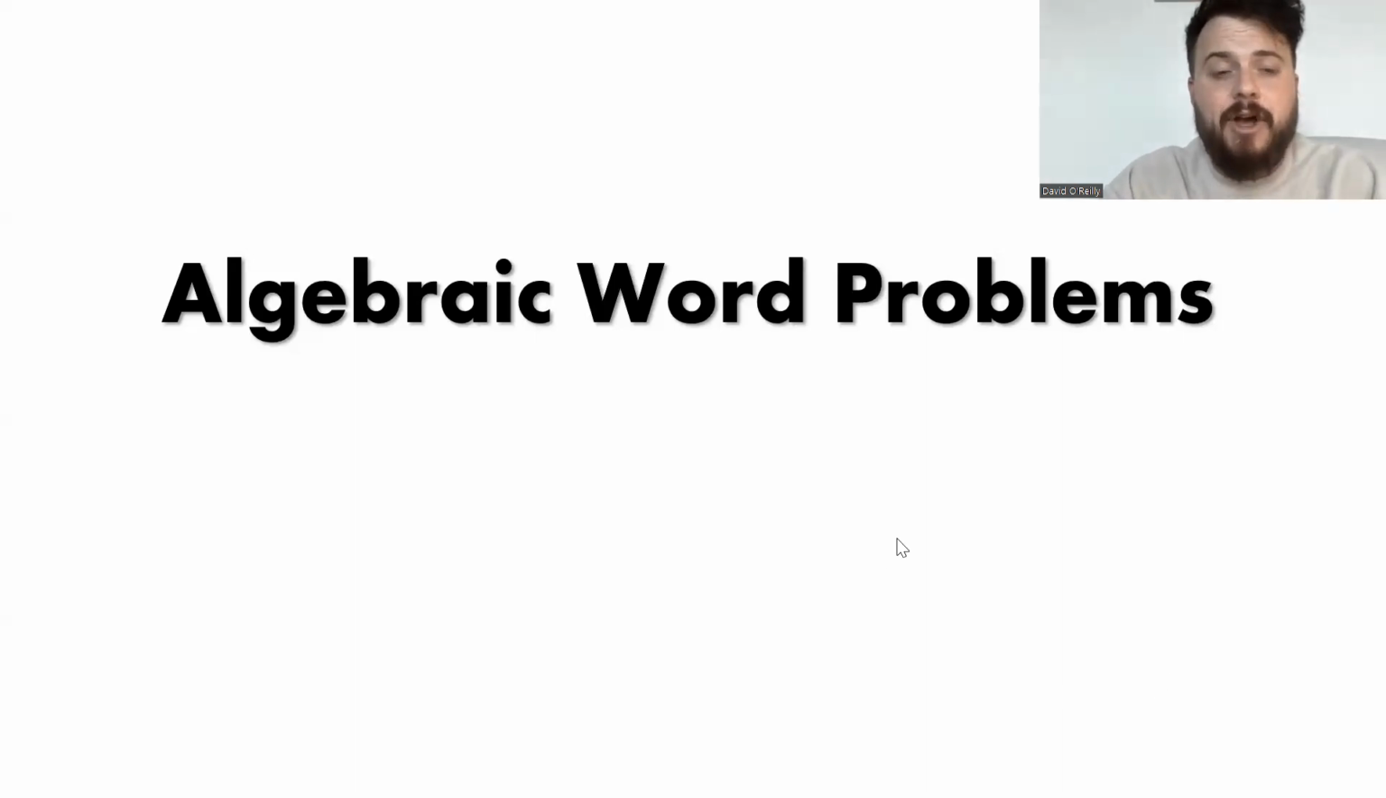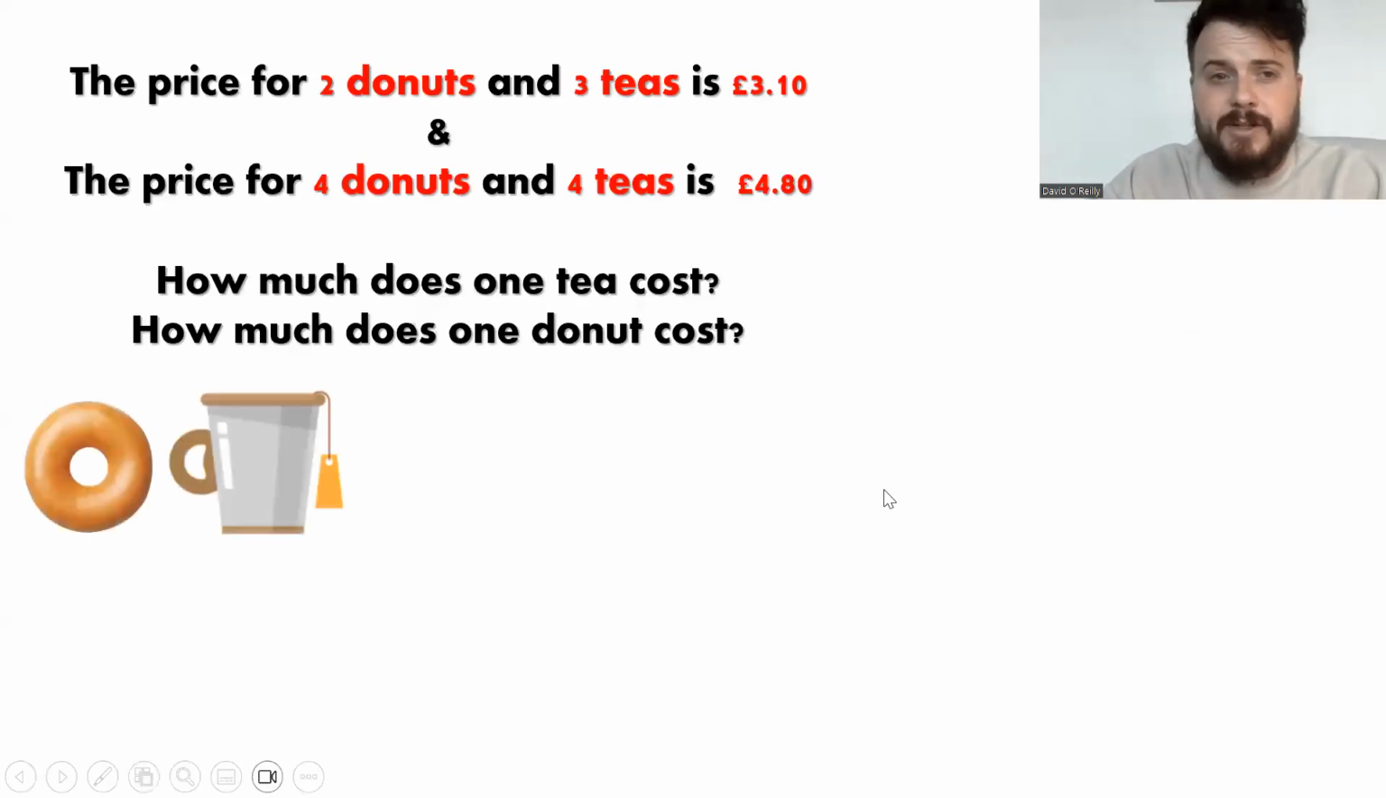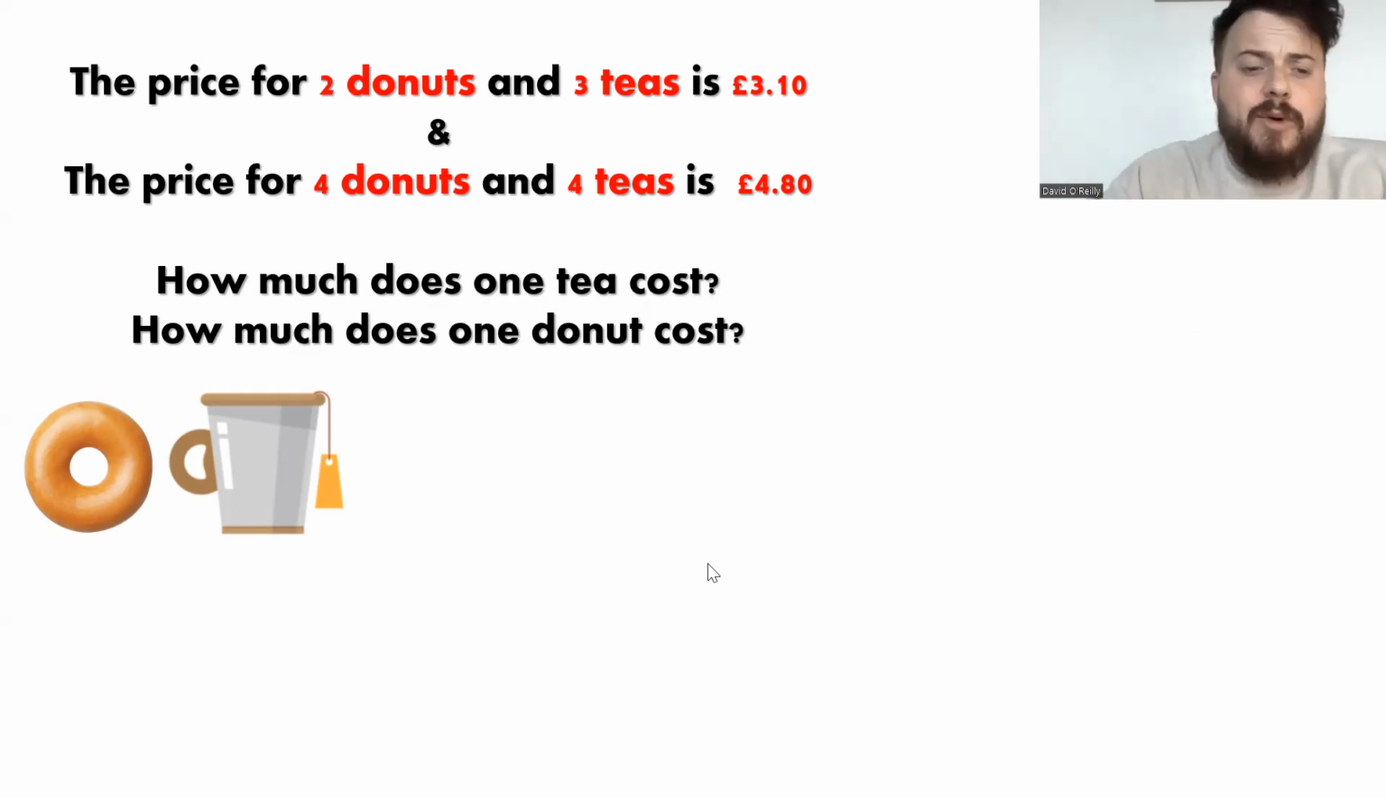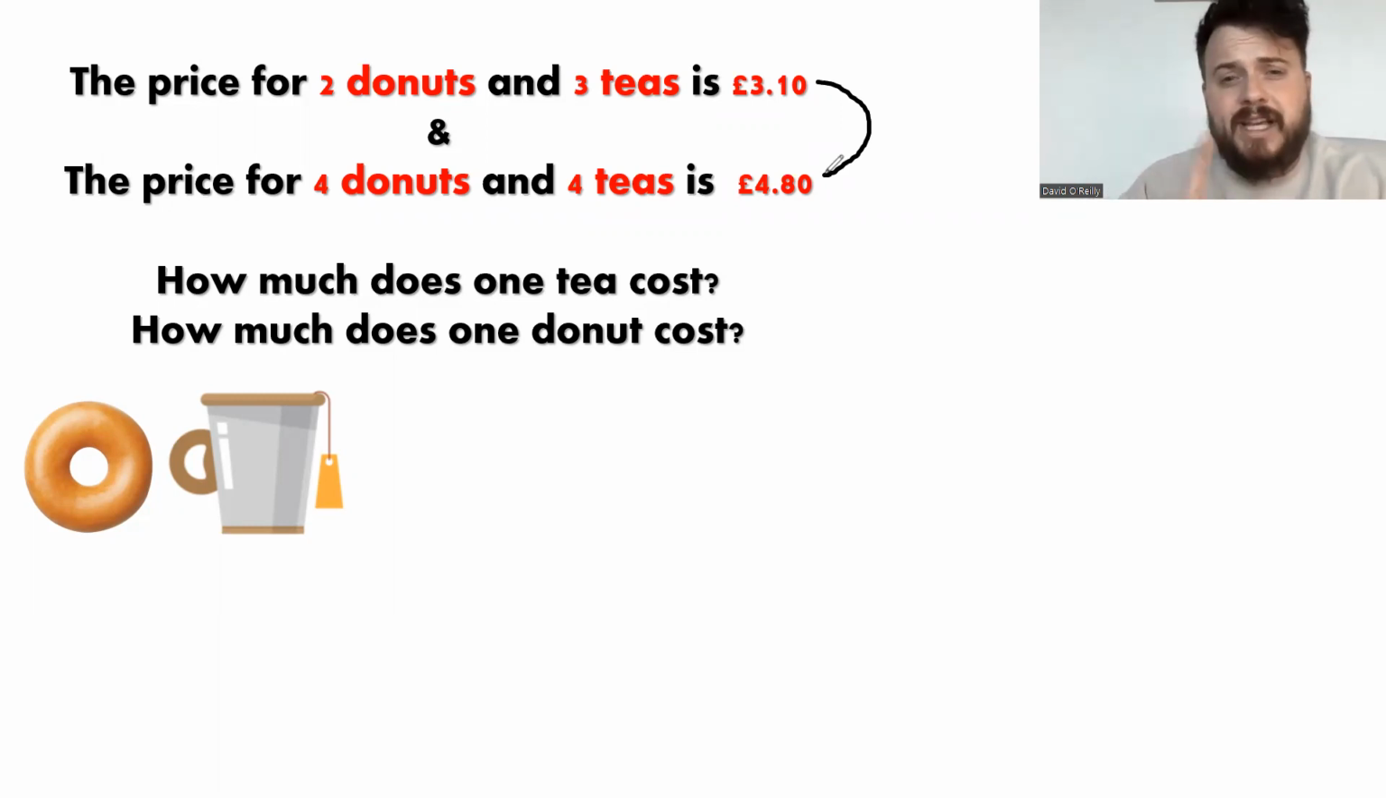Okay, so let's have a look at an example question. The price for 2 donuts and 3 teas is £3.10. The price for 4 donuts and 4 teas is £4.80. How much does 1 tea cost? How much does 1 donut cost? So it's given us some information, which we can see up here. It's told us how much 2 donuts and 3 teas is, and 4 donuts and 4 teas. But we need to use that information to work out how much is 1 tea and how much is